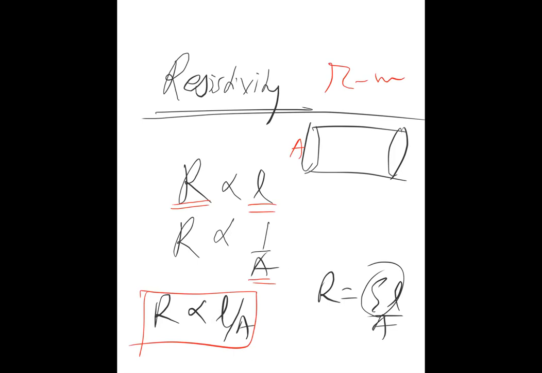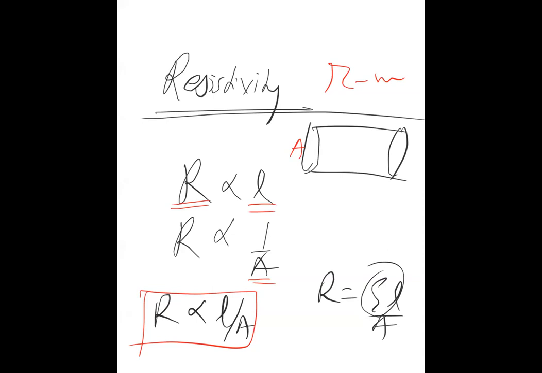In your book, on page number 102, table 3.1 is given, where the resistivity of different types of materials has been listed. You should understand one thing: conductors will have low resistivity and insulators will have the highest resistivity. Therefore, the resistivity values of different types of materials are given in table 3.1.